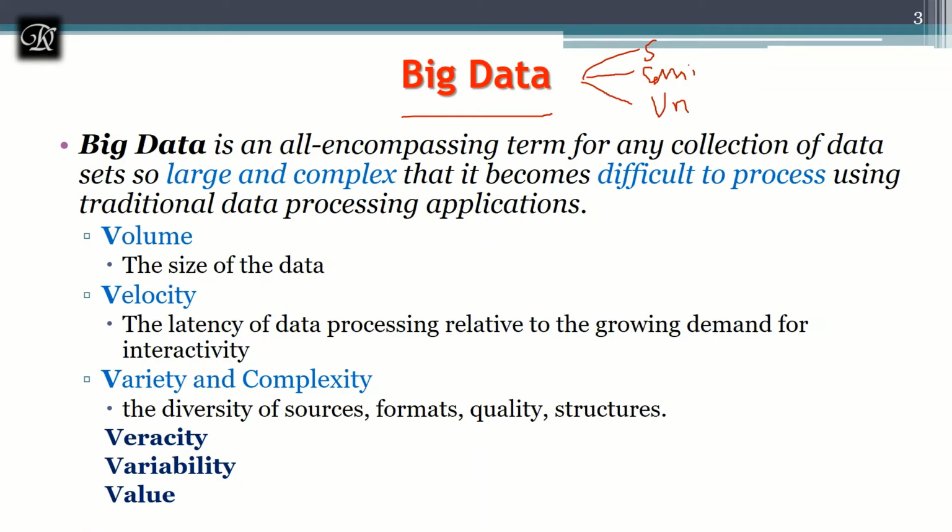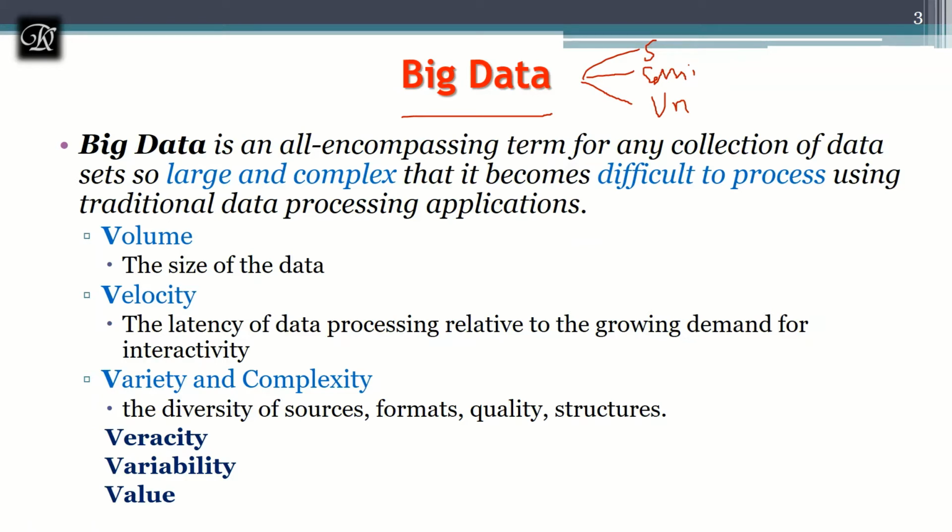So how to handle this semi-structured and unstructured data, how to store it, how to analyze it, and how to bring some new ideas, or how to predict something new out of this semi-structured and unstructured data. That is the main challenge over here. So to define big data with the help of the Wikipedia definition, I'll go. Big data is an encompassing term for any collection of data sets so large and complex that it becomes difficult to process using traditional data processing applications. Please concentrate on the term traditional.